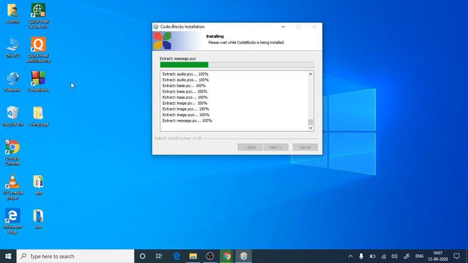Here it will take some more minutes to get installed properly. As I told you, CodeBlocks has all built-in libraries supported, so we are not supposed to install any other library. These are built-in options provided by CodeBlocks. This is one of the features of CodeBlocks. As you can see, it is at the middle of the installation. I have made one folder here on the desktop named C languages. You can make the same or you can give any different path. It will take some more minutes to get installed properly.